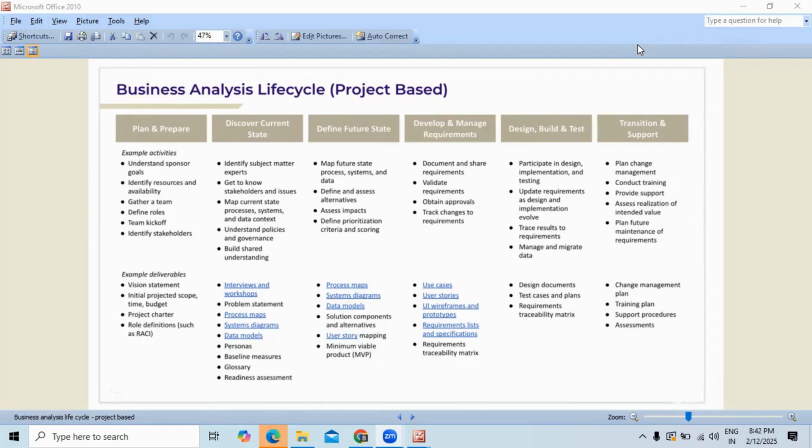If you are a BA, unless you understand the sponsor goals, developing a solution doesn't have any value. Even though you have developed a solution, as long as it is not satisfying the goals and objectives of the customer or sponsor, there will be no value. Many people miss this point. Because as a BA, it's not only the solution that we are developing; at the end of the day, that solution should cater to the needs and goals of the customer. So here,